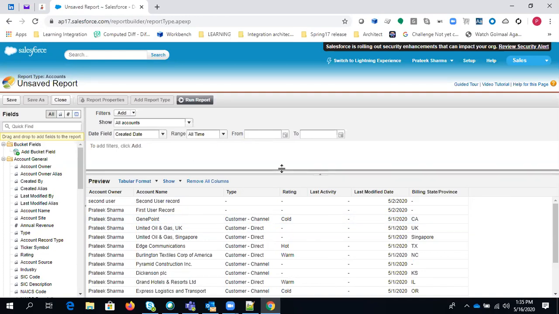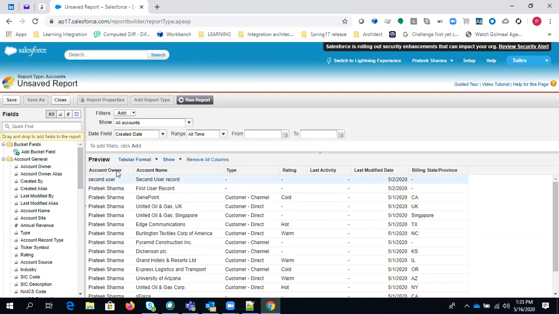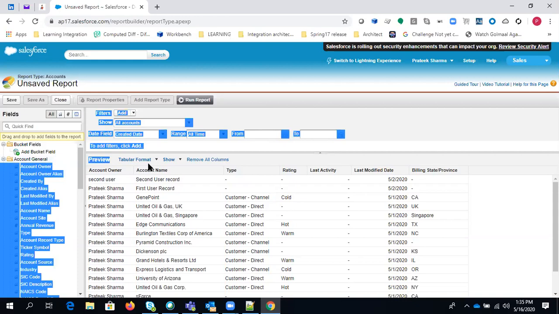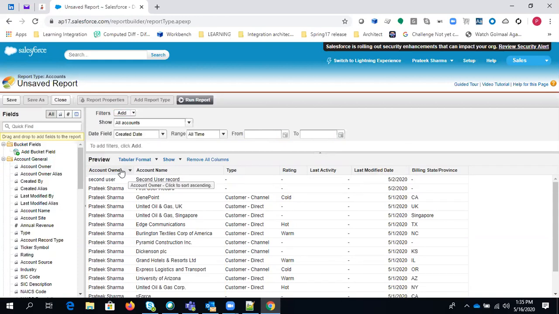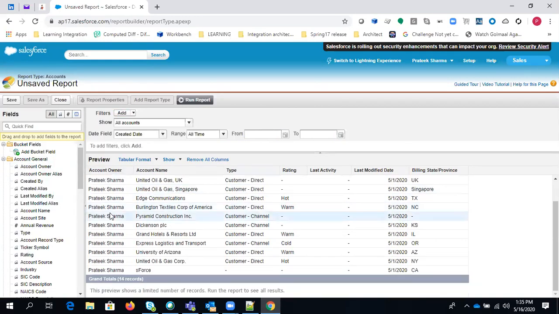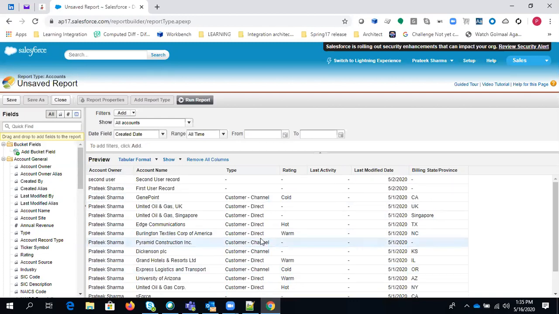So let's just move it up slightly. You can see here, this is a preview. It might not have the exact data, but it will give you a preview of how your report will look. And the second option you can see here is tabular format, summary format, matrix, and join. So basically, guys, we have these four types of report that we can generate from Salesforce.